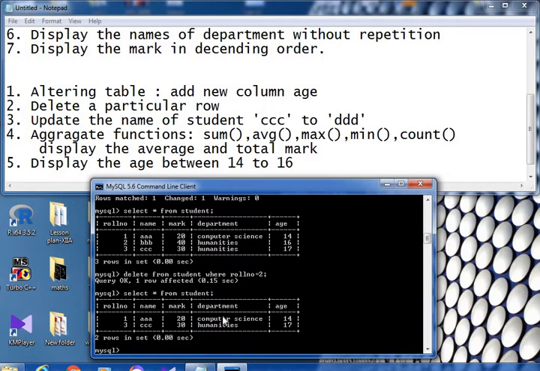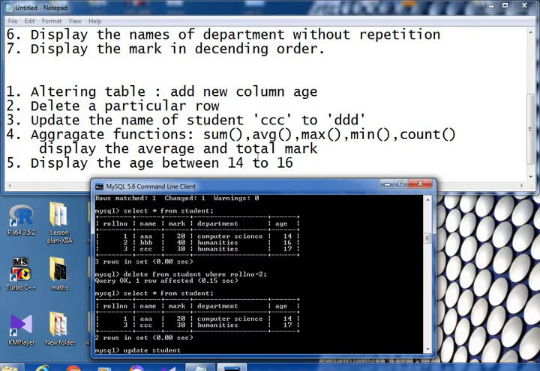Next, if you want to update the name of the student CCC to DDD, we have to change this name to DDD. How can you change it? For updating data we use update. What is the name of the table? Student. Update student.